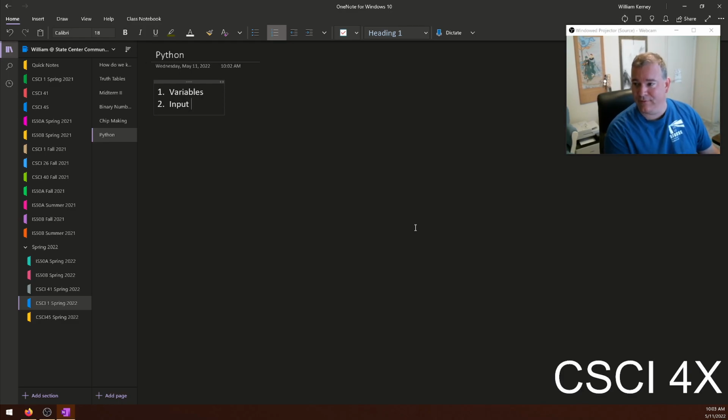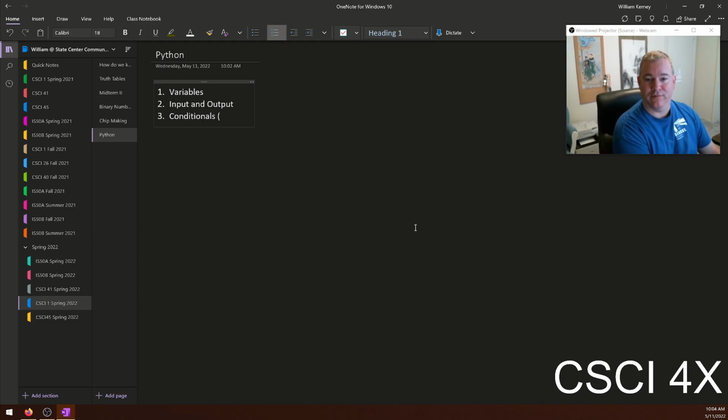The 5 or 6 things would be variables: how do you make a variable? How do you hold a value? It's like in algebra, right? X equals 5. How do you do that in this particular programming language? You also usually need to know how to do input and output, at least pretty quickly, because otherwise your program will run the same every time if there's no input, and you can't print anything to the screen. We'll go over how to do each of these things in Python today. So variables, input and output,